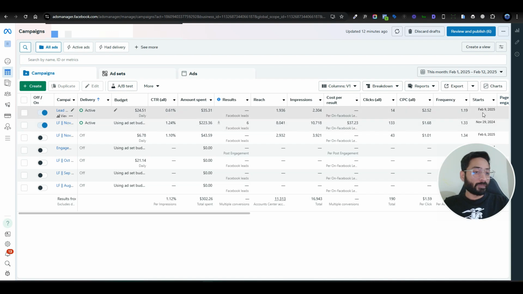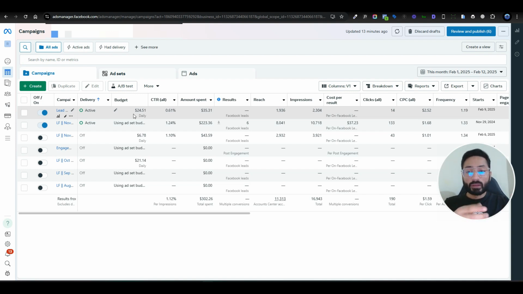You can see here, it started from February 9th, and just today I've increased the budget to boost the campaign, but the CTR is really low. So what happens is the budget is divided into two different ad sets, and it's happening through Facebook automation. So Facebook is deciding where to divide the budget, and then it keeps testing your budget, and